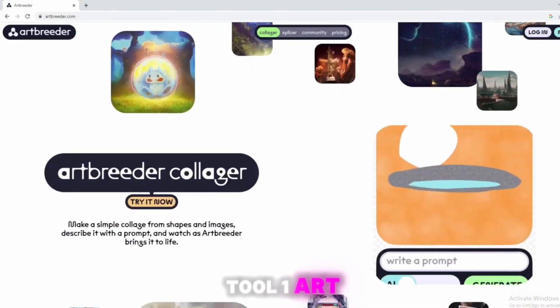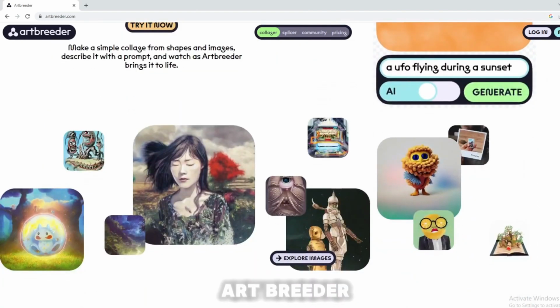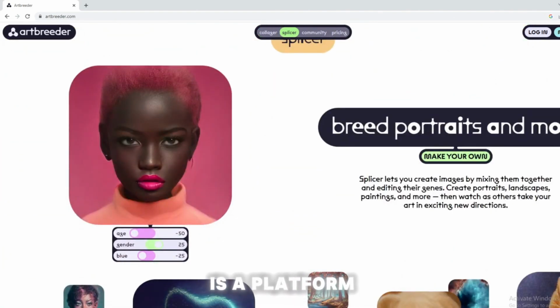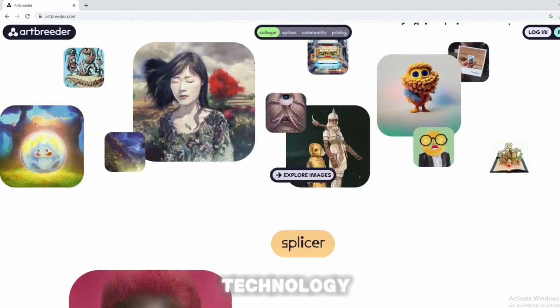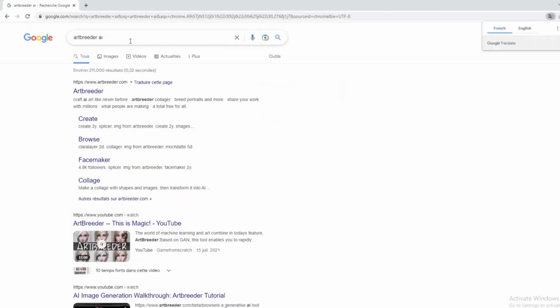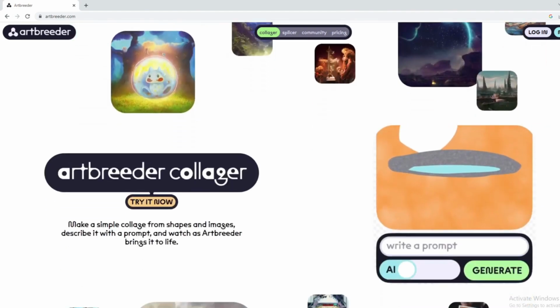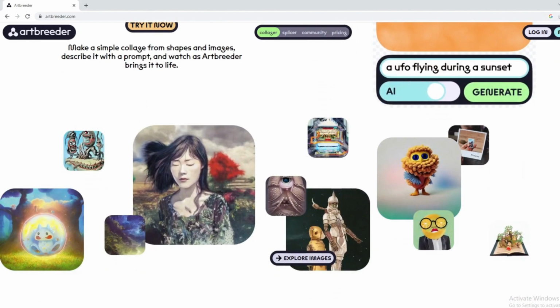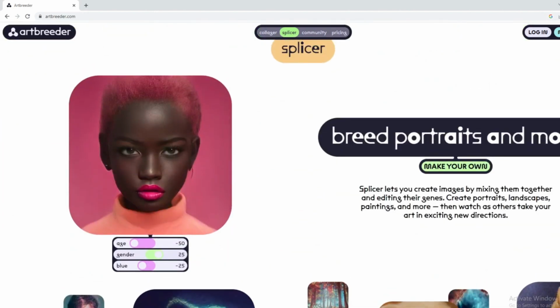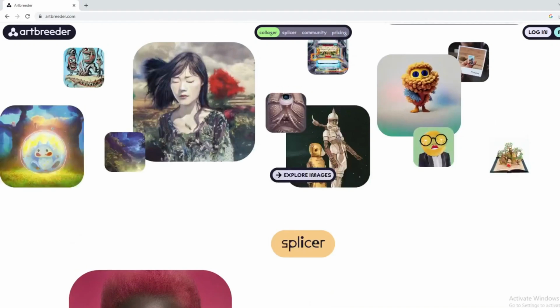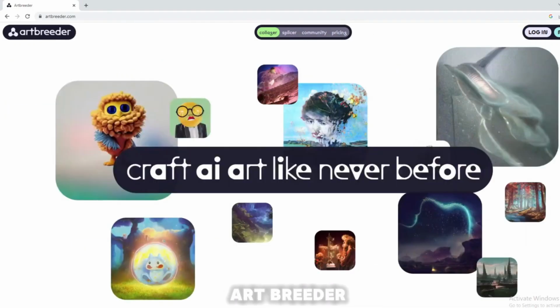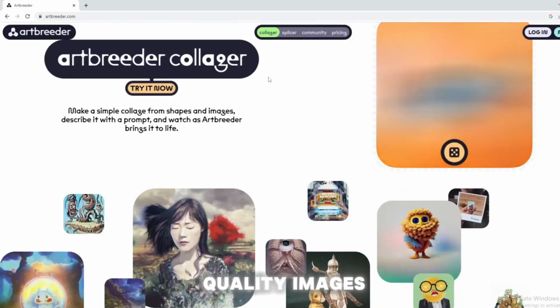Tool 1. Art Breeder. Let's start with Art Breeder. Now, Art Breeder is a platform where creativity meets technology. The beauty of Art Breeder is that you can create high-quality images just by combining and mixing images that already